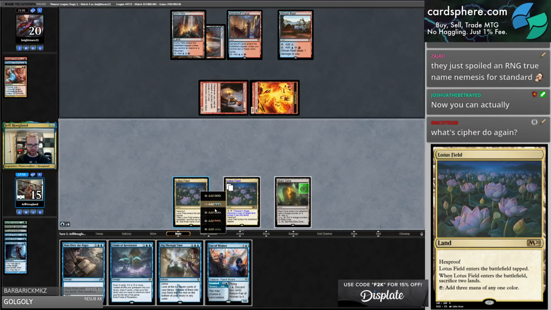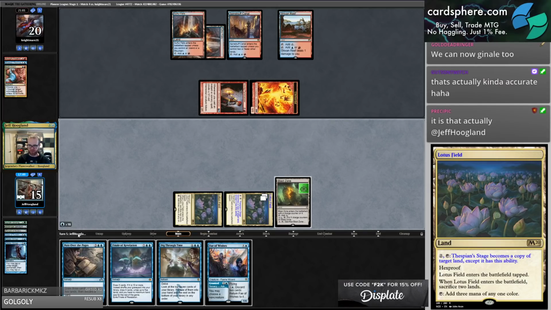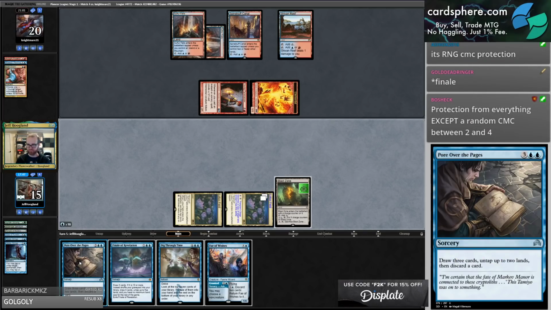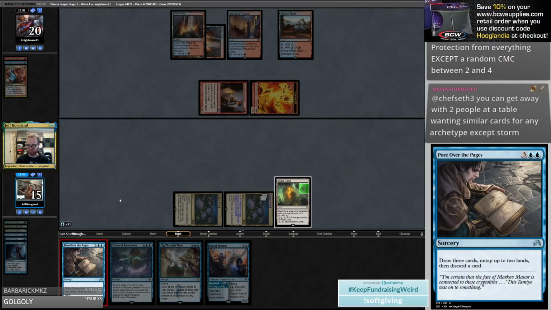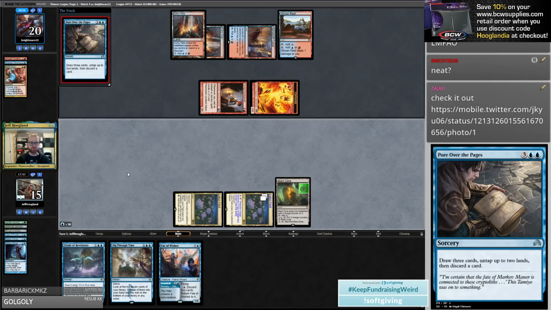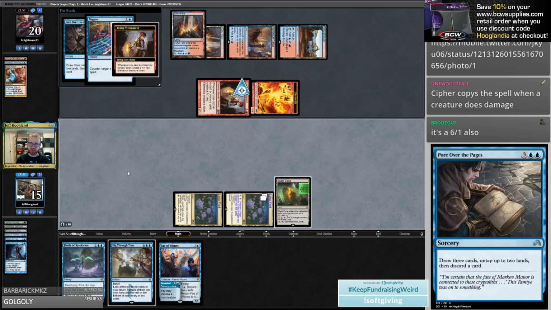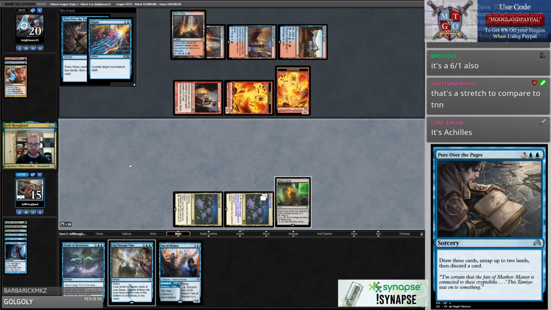What does Cypher do again? It's some weird thing where you can put it on a creature, and when your creature hits them, you copy it. Protection from everything except a random casting cost between 2 and 4. How...